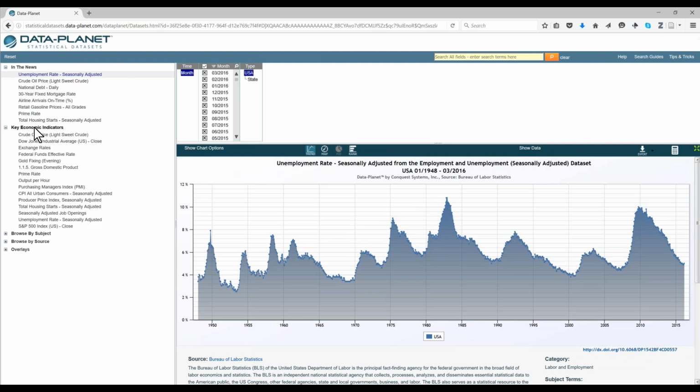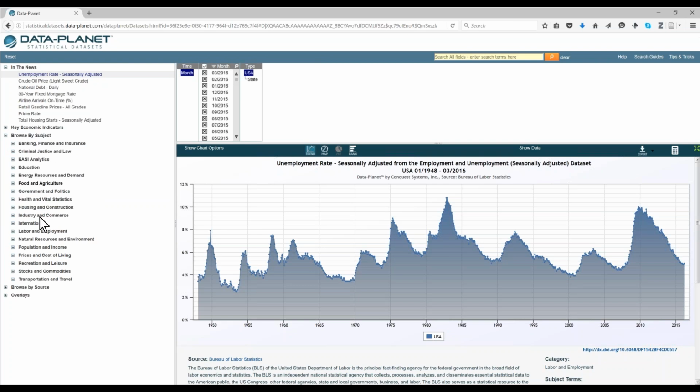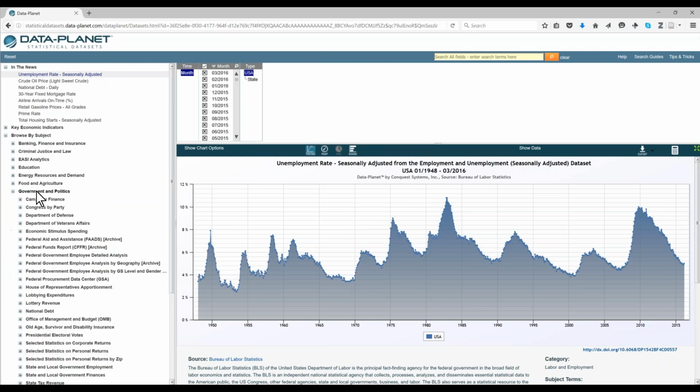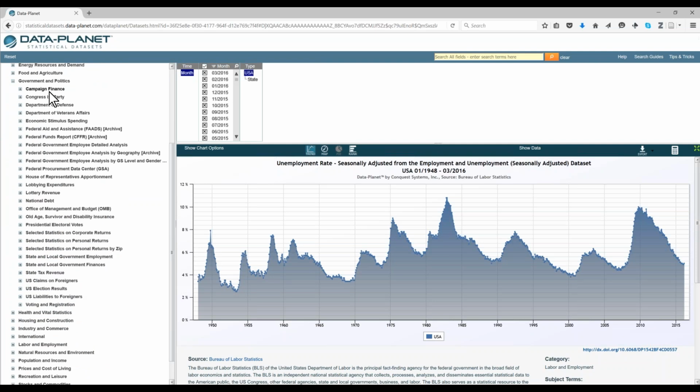We have key economic indicators, again, just economic data that our users tend to use quite a bit. And a lot of times folks will look at this and say, well, you're an economics database. But really, when you drill into it by subject area, you'll find that it's much, much broader than that. So if I just pick one here, like government and politics, here are all the databases that we cover in government and politics. So we have campaign finance, where we cover every PAC in the country and who's contributing and